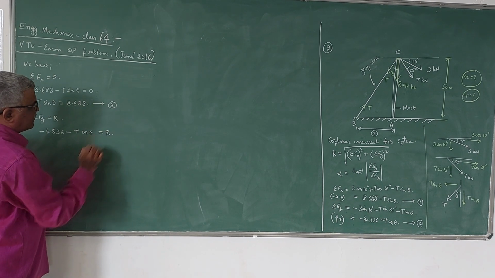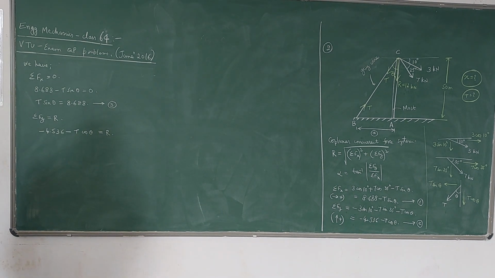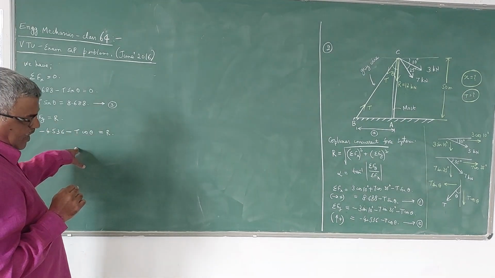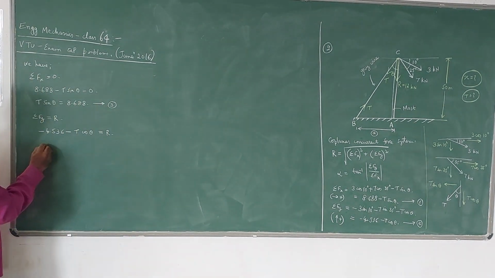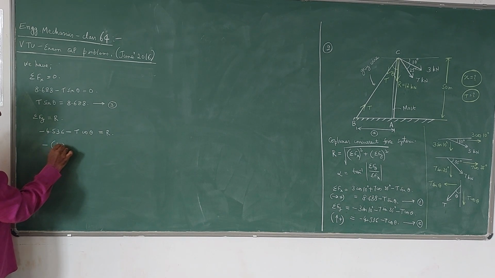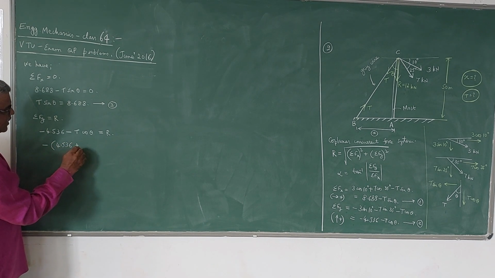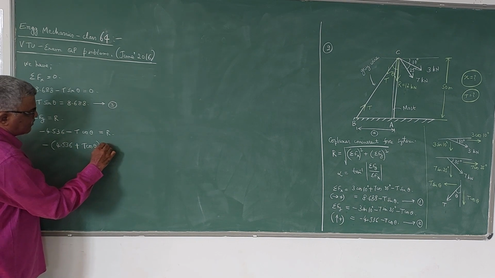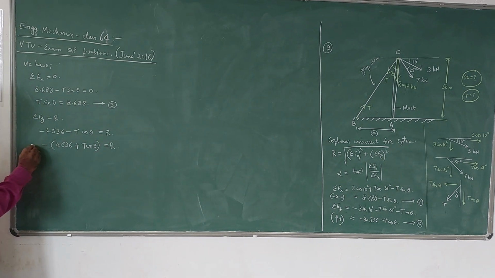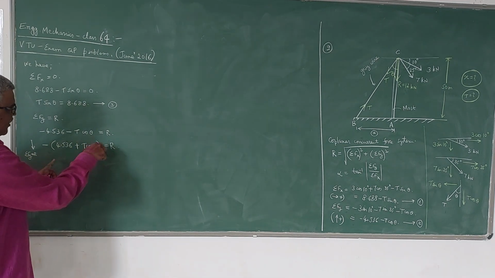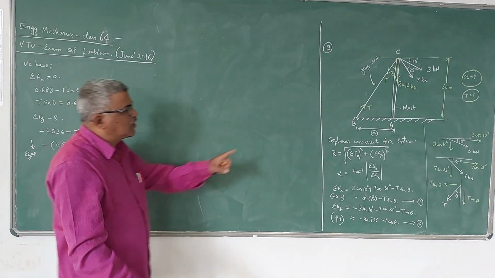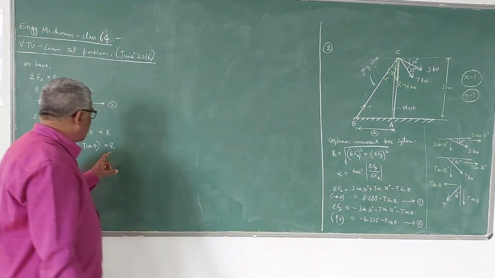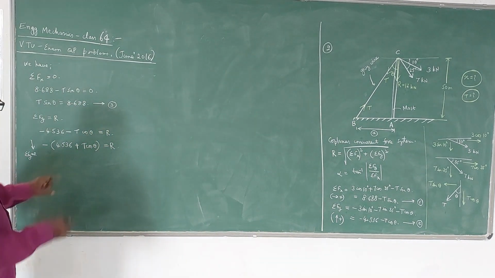is equal to R. So here, one thing you should be careful about: since this R and sigma Fy are acting in the same direction, this negative sign indicates that it is acting downwards. Be careful here. So this negative sign indicates that sigma Fy and R both are acting downwards. Therefore, whenever you are writing the magnitude, it is 12 kilonewton for R. So instead of writing minus 12, I take plus 12, and the equation becomes now